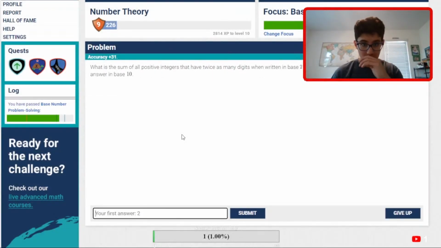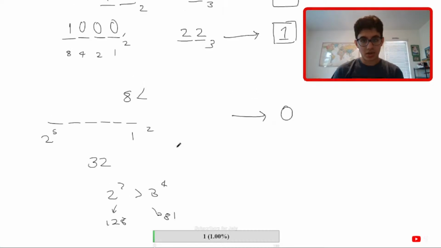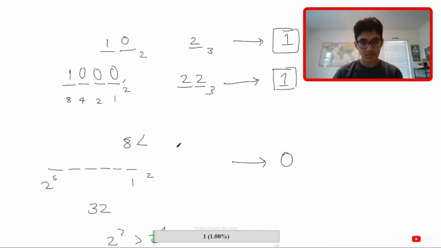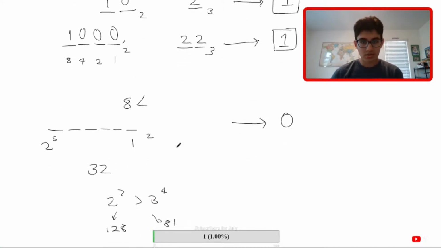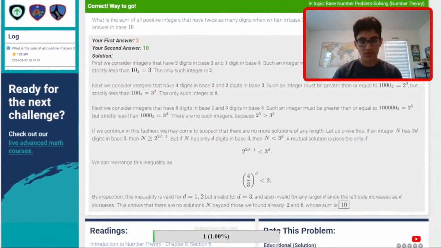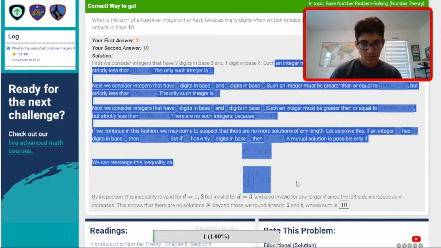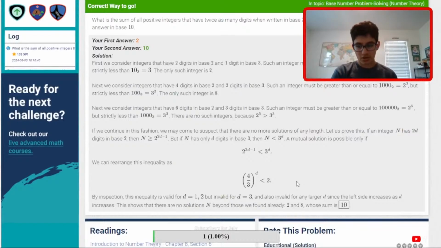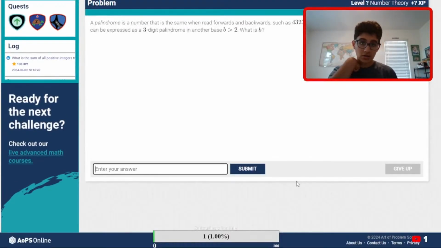Okay, wrong, wrong, wrong. Oh, I'm an idiot. It's the sum of all of them. Again, it's not actually the number. So I'm guessing it's just these then, right? So 2 is 1 and 8 is 1. So it should be 10. Let's hope that's correct. Okay, perfect. Okay, we got this part, which I think that's what we got towards the end. And then, yeah, besides that, it's fine. Palindrome,